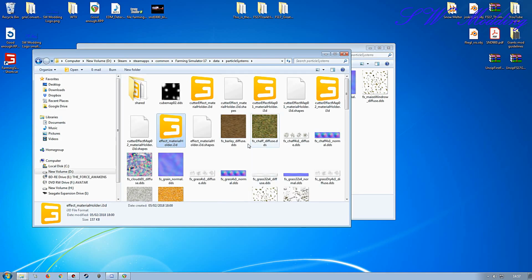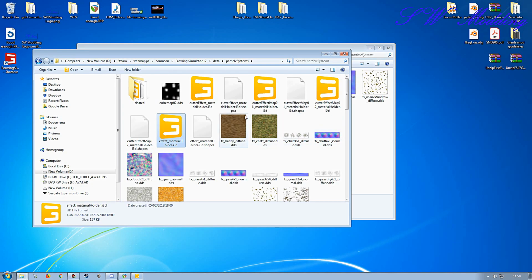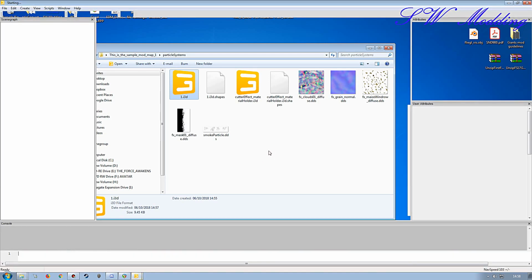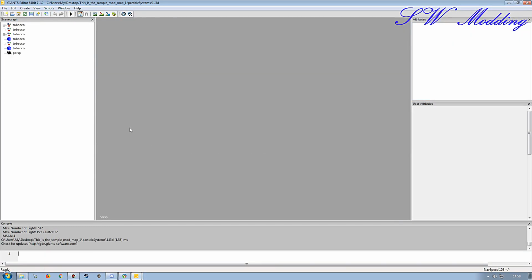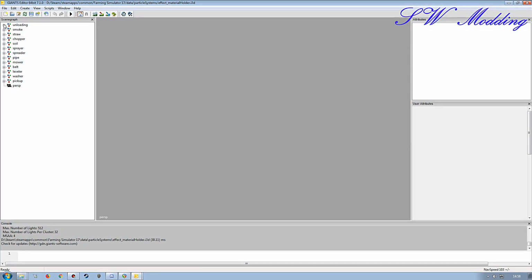Now what we need to do is actually go back into this one for the giants from the Farming Simulator 17 installation folder, because they're named, they are in their own transform groups. So if I open this one up as it is, it's going to give me errors because it's not associated with the correct places. Okay, well it didn't give me errors, but it's not put them in the right places anyway, so I'm going to need to create those. At the end of the day, it might not give you errors in the Giants editor, but it will give you errors in game. So I need one for unloading, smoke,